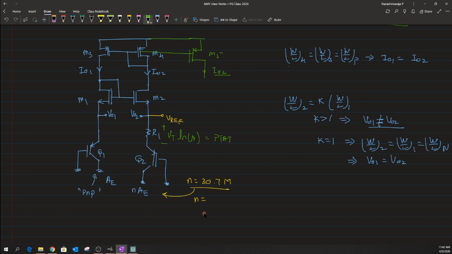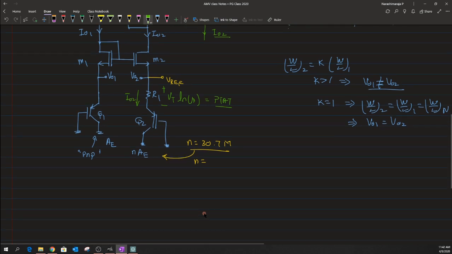Based on this realization of R1 as a PTAT circuit, we could write the drop across that resistance as Vt times ln of n. So now I know the drop, I know the resistance, and in order to measure the current flow, the only thing is to use the Ohm's law relation,